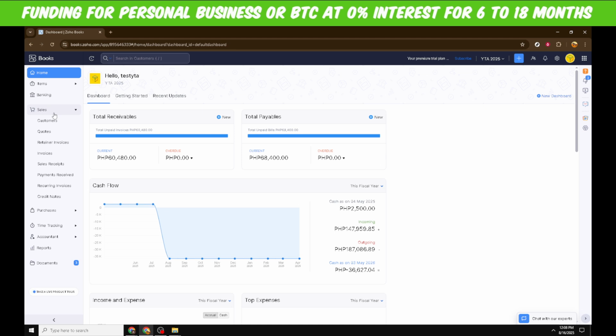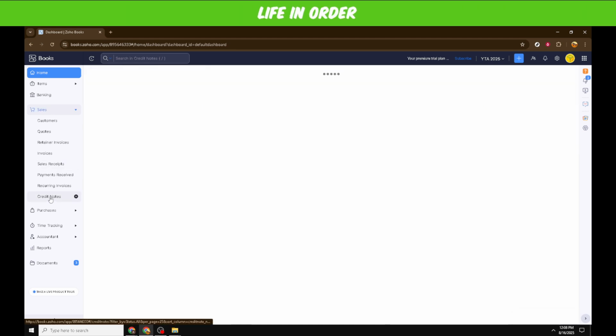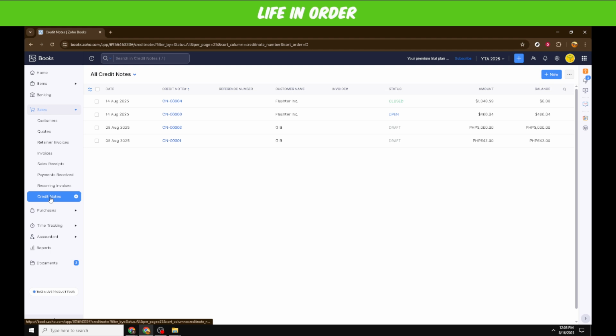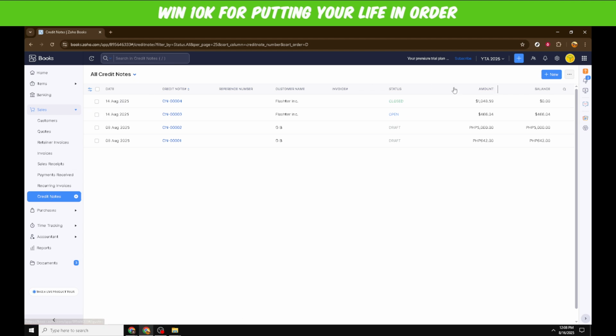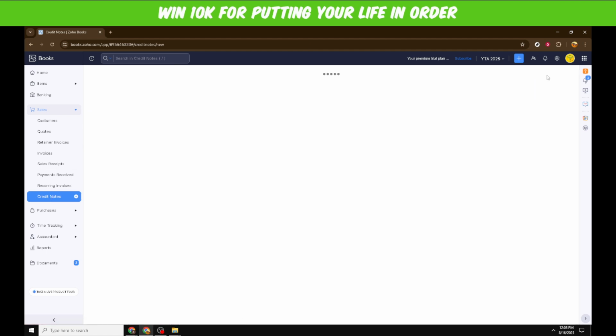Credit notes are vital financial documents used to correct mistakes in invoices or offer discounts after an invoice has been issued. They allow you to maintain accurate financial records and provide clarity with your clients. Once you're in the credit notes section, you're going to want to create a new credit note. Look for the New button and click on it, which will open a new credit note form for you to